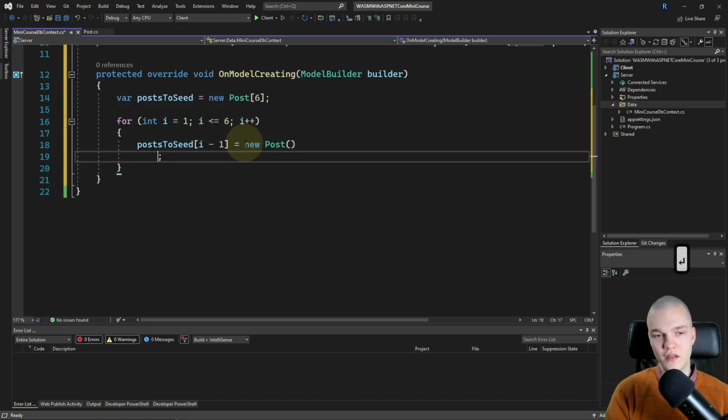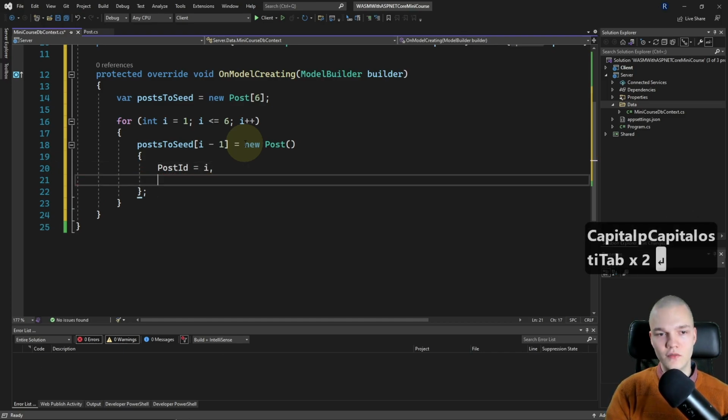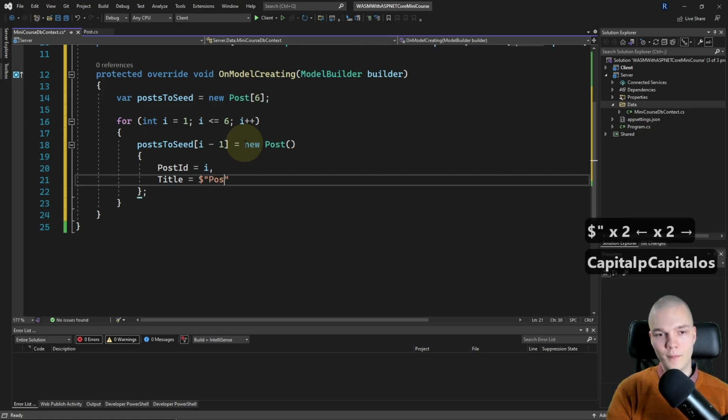And I'm just gonna initialize this object here. Then I want to set the post ID to I, and I'm gonna set the title to an interpolated string, and I'll pass in post I, right?